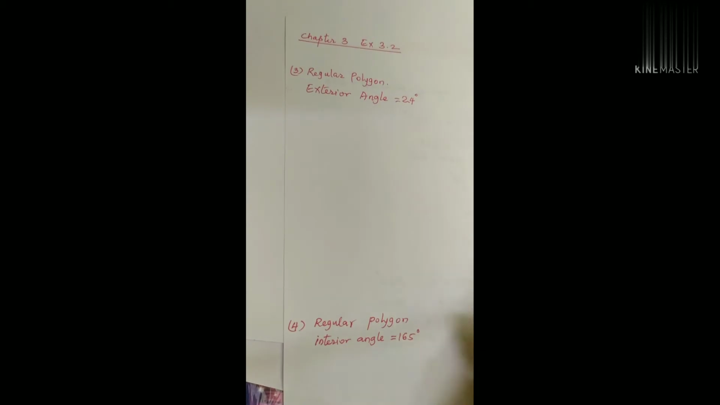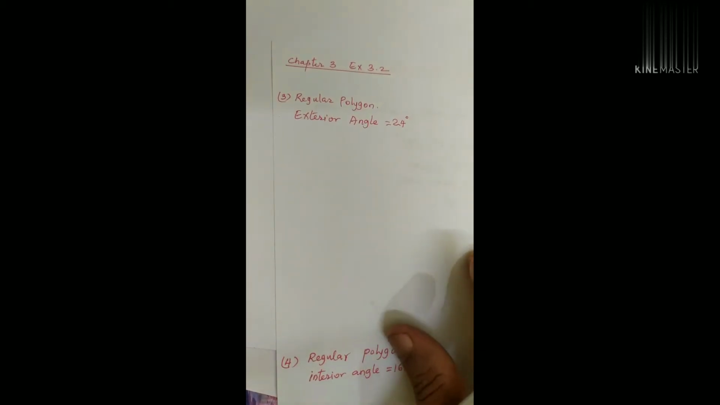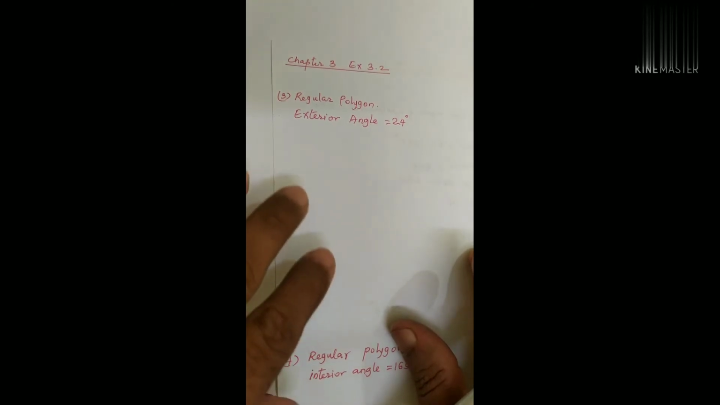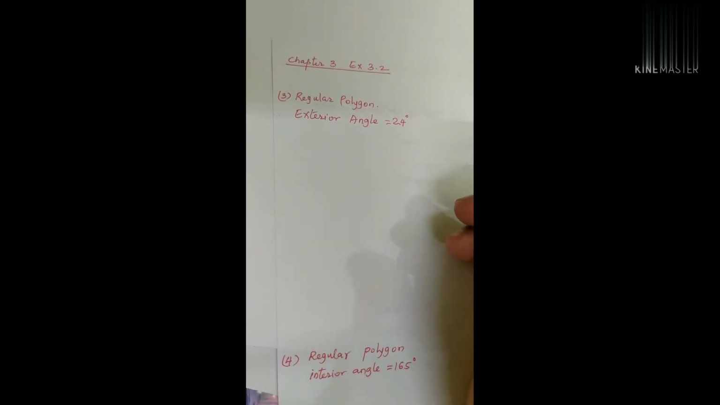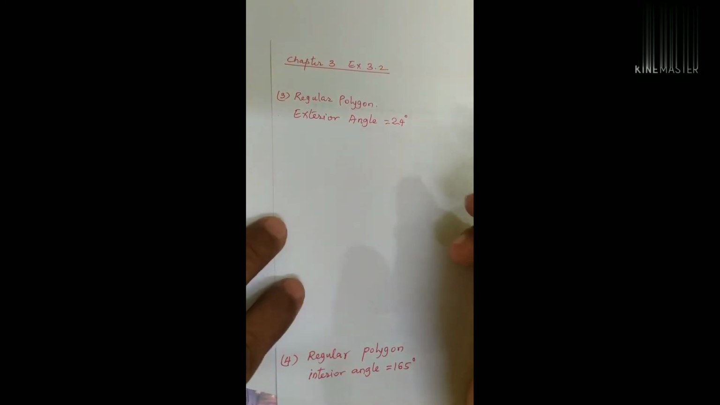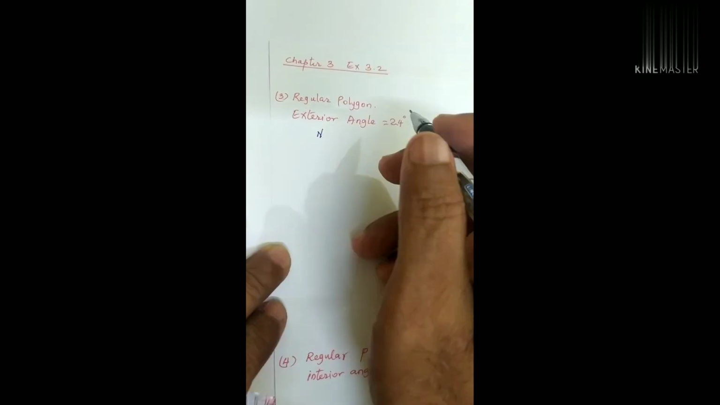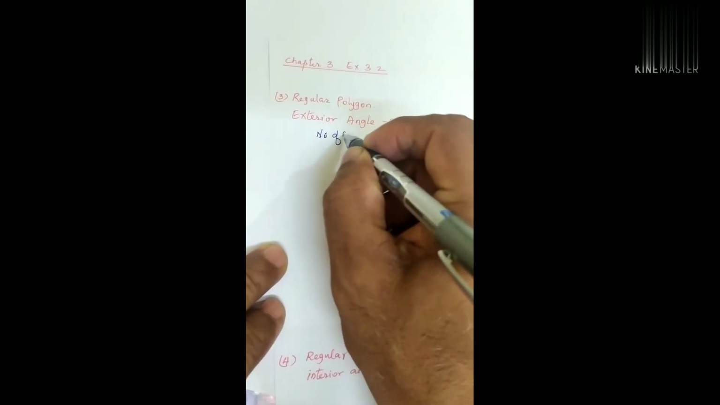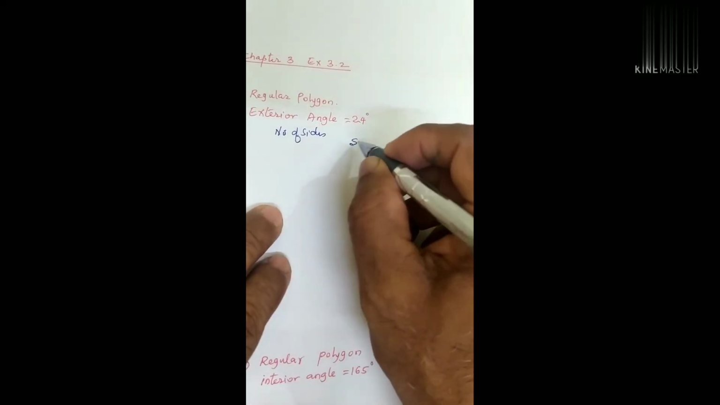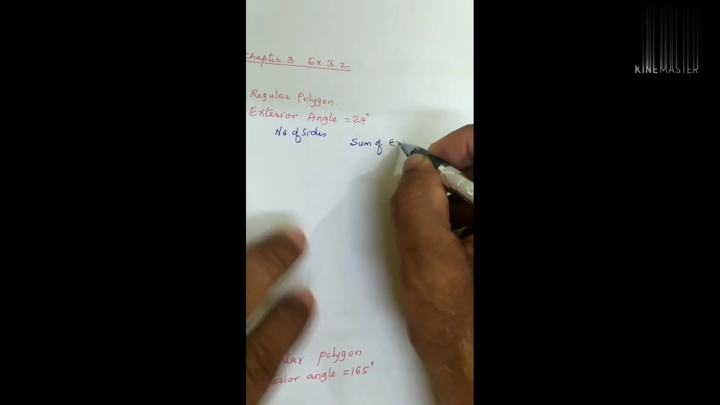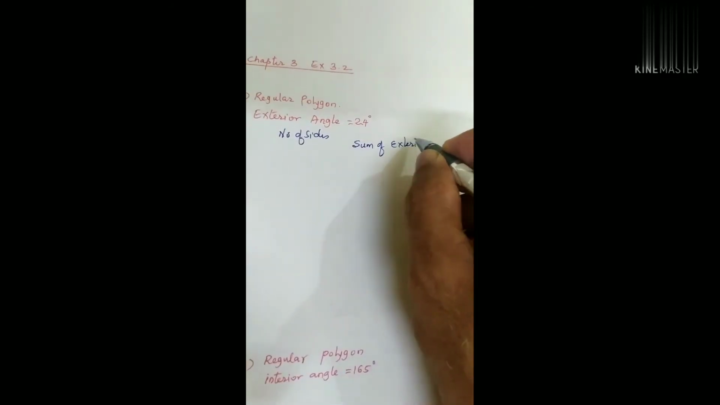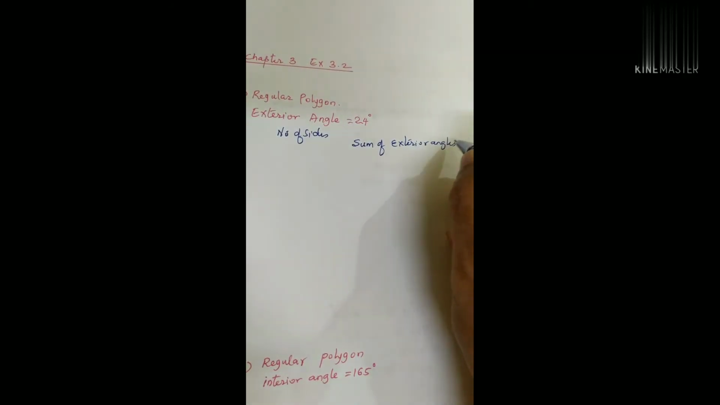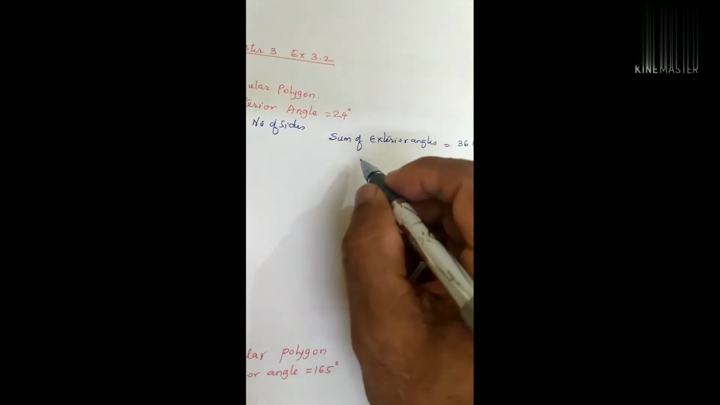Now here they have given us the regular polygon and exterior angles. Now again we will use that same type of a formula. So number of sides, they have asked. Number of sides are asked. Sum of the exterior angles is 360. So number of sides I will get,